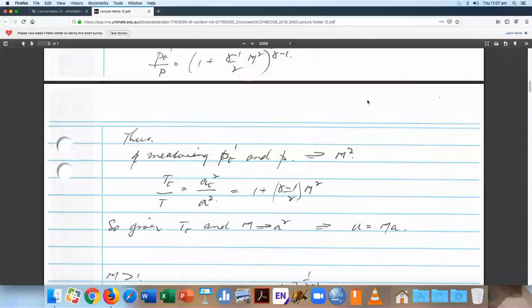So if you could measure the total temperature, and from the static pressure and the total pressure you know the Mach number, then you can see from this equation here, since I know the total temperature,